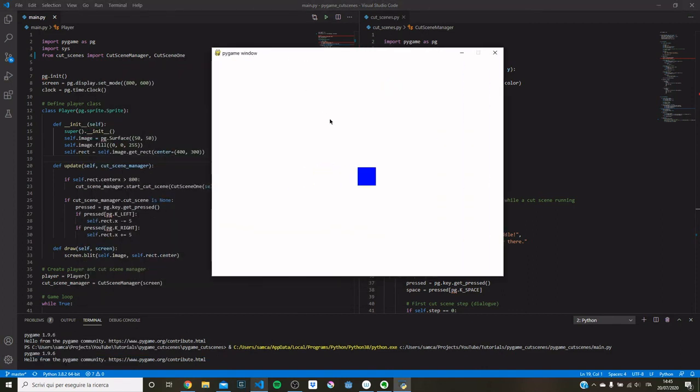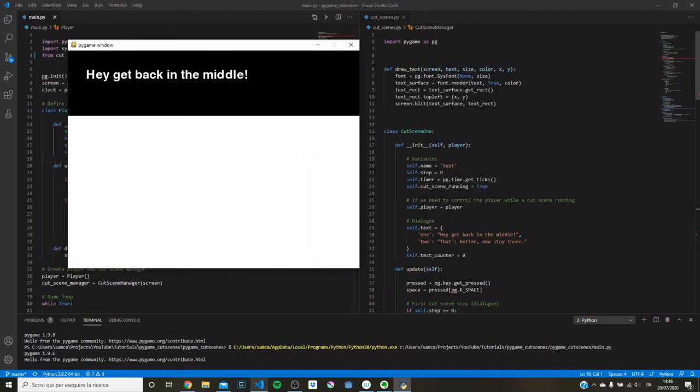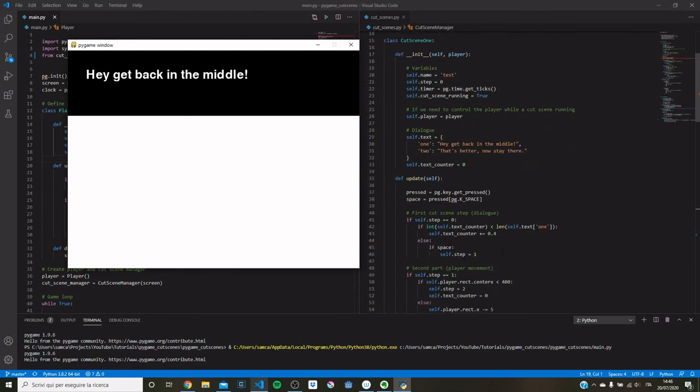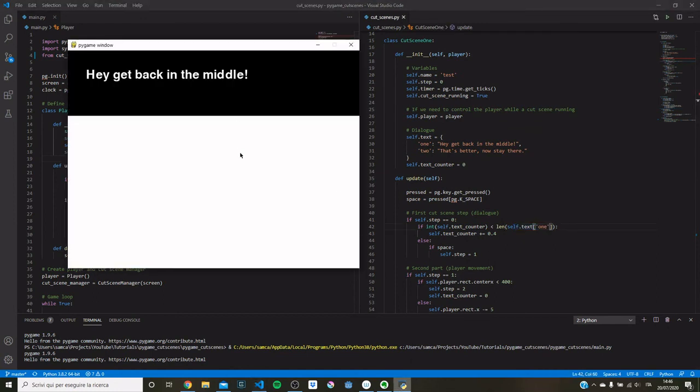So right now the cutscene manager is none, because that's what it initializes as, and so we can move the player, and as we move across to the end of the screen, the cutscene manager is initialized with the start cutscene method, and we are in step 0 of our cutscene 1, and so this is just printing self.text1, which is in the draw method,